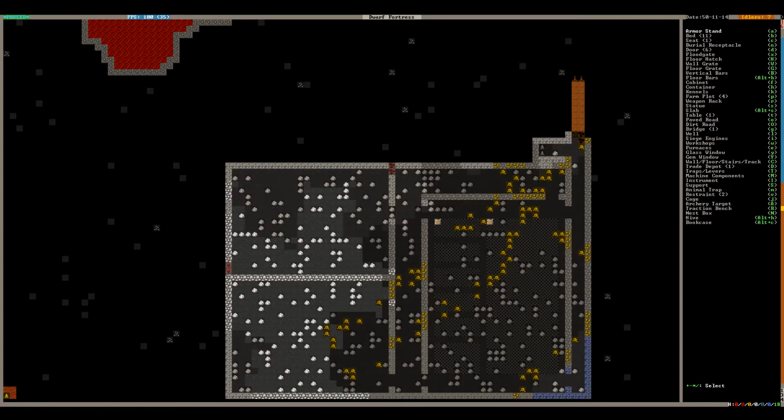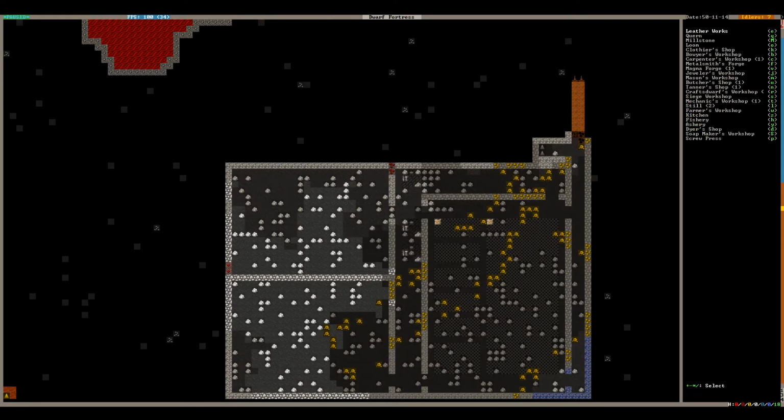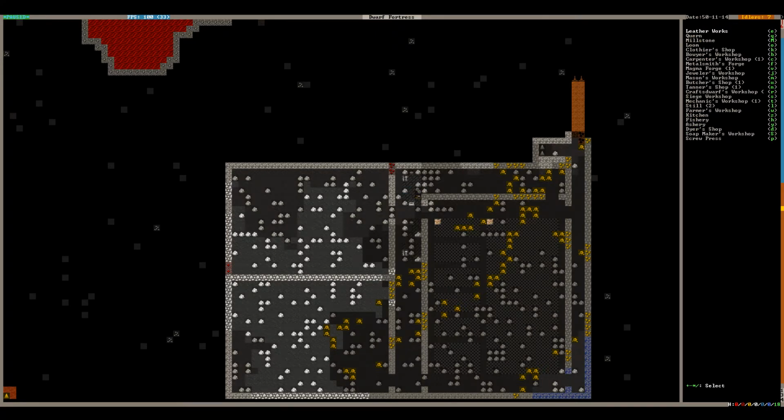I guess this is ready for... Since this is going to be stone will be on the side. So one mason's workshop right there. We'll not have one in the middle of the hall. Maybe I could have planned this a little better. Mason. I'm just going to have to do that. And then